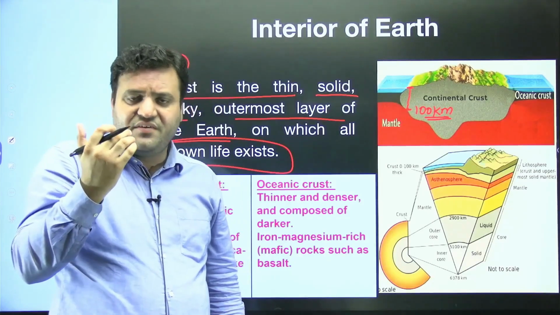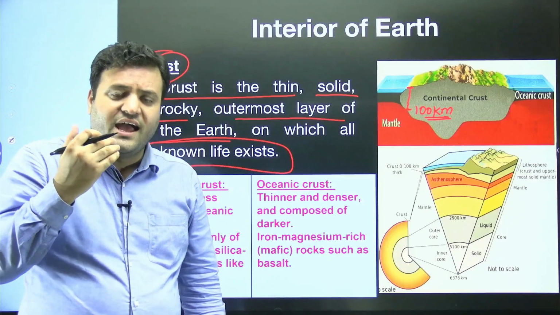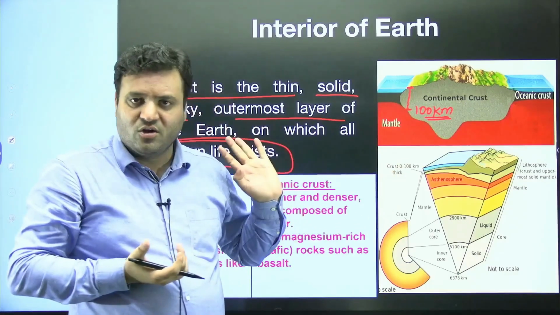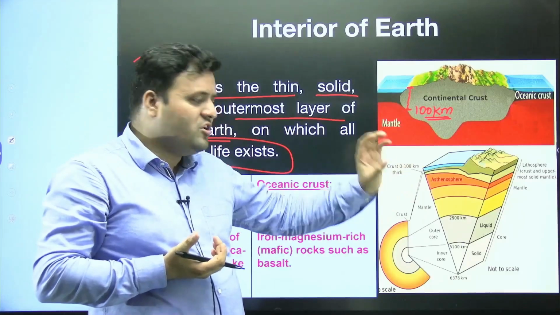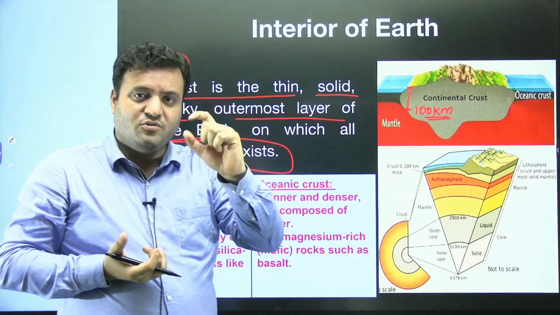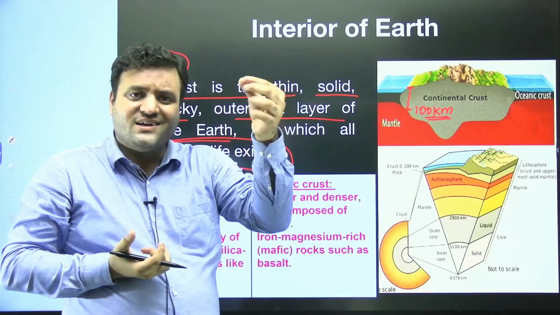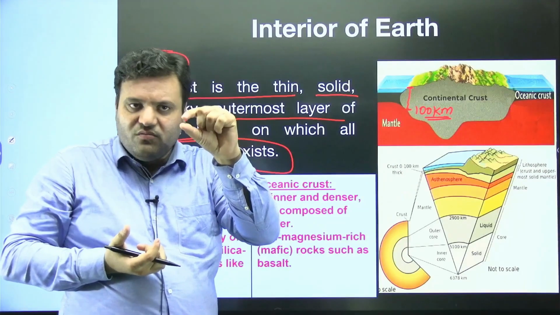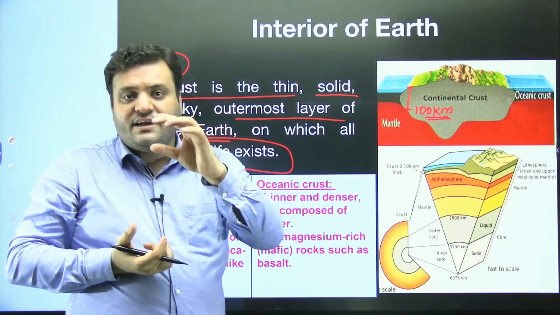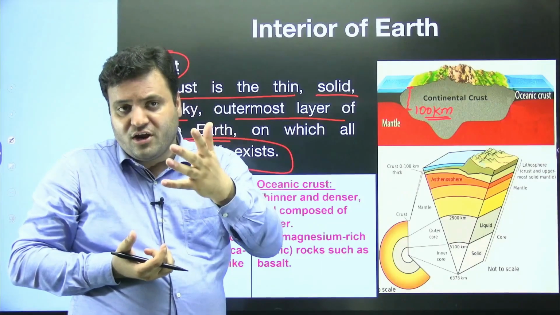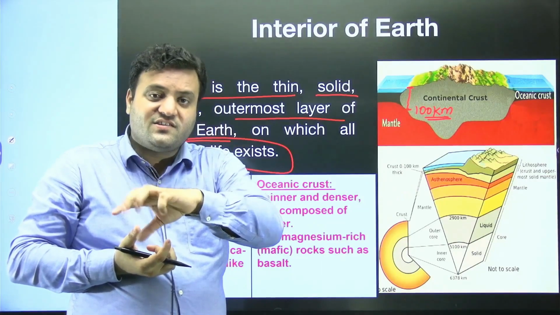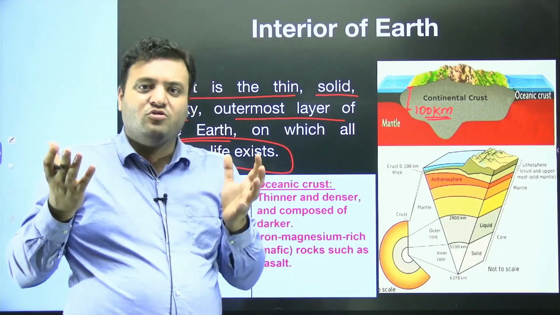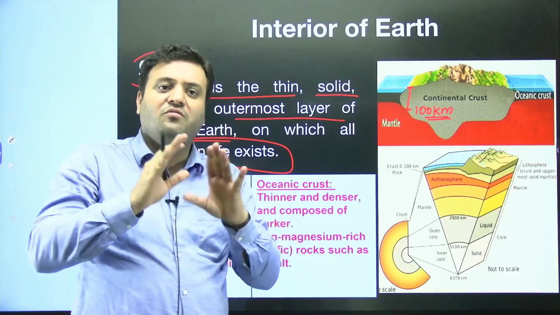We are just giving an average depth, and that average depth is what? From 0 to 100 kilometer we have what? Crust. In some areas of the world you will see crust at 4 kilometer, that is only the thickness of crust. Somewhere you will see the crust is thick beyond 50 kilometer, and somewhere beyond 100 kilometer. So thickness is also uneven. Thickness is not uniformly distributed,